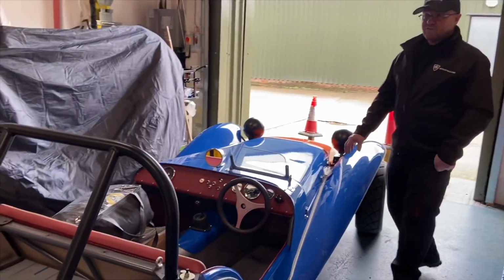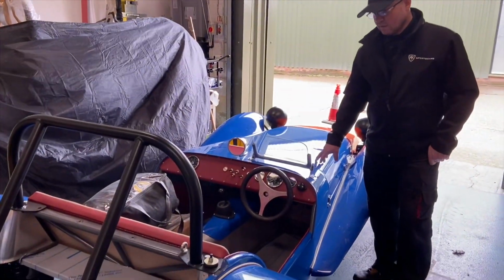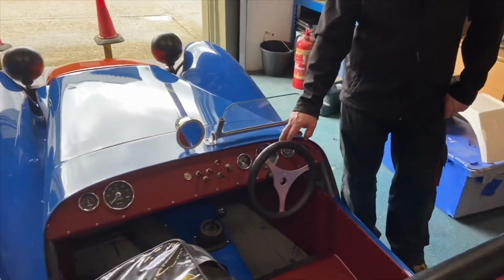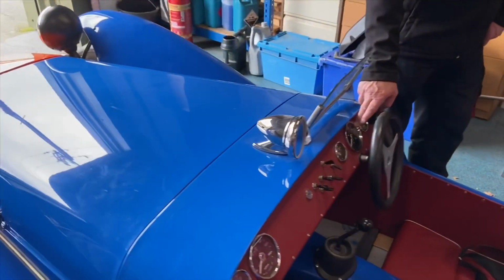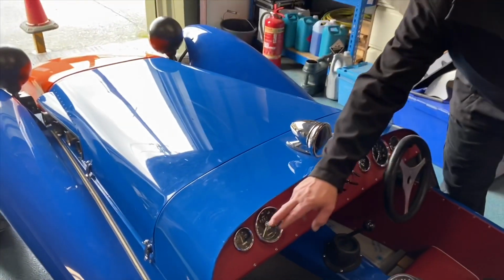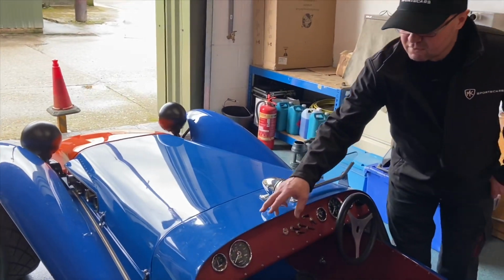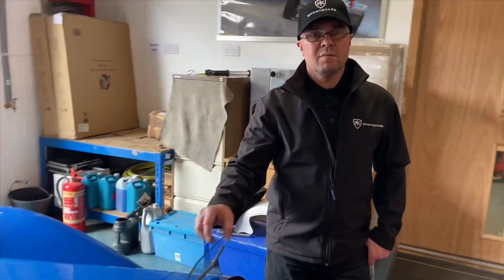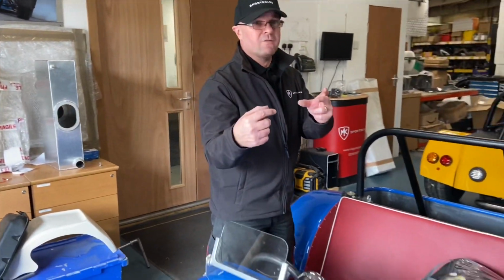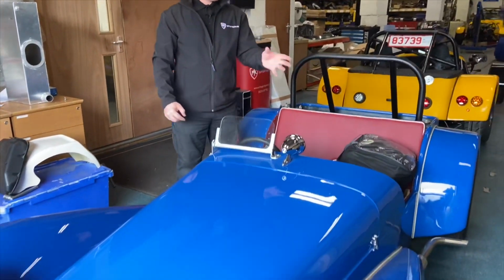So the Lotus 64, we've been working on this again this week. New rev counter has been installed. We had problems with that. There were some electrical issues which we've been sorting out. So we fitted the rev counter in, that's now working. Speedo's now working. The amp meter is now working correctly. We found that whoever installed it originally hadn't really thought about it. When they pushed it in, the amp meter was earthing out on the chassis, so we've modified that to make